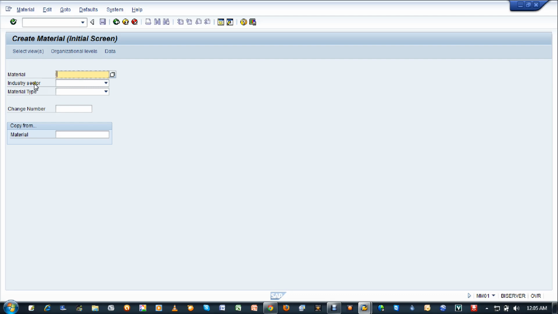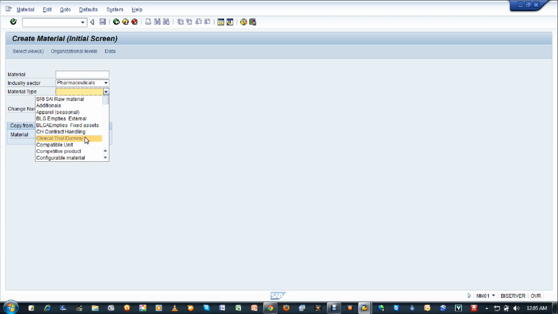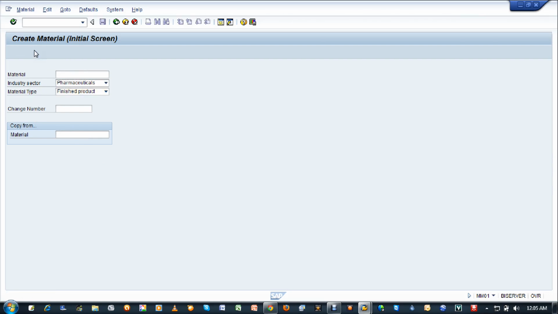we'll select two things here, that is industrial sector and material type. We will not be using the material field here, because if you are using an external number you can enter the material number here, but if you are using an internal number you need not enter anything up here. So let's go and select. I'm selecting the industrial sector pharmaceuticals, and for the material type I'm going for finished products. And once you enter, select views